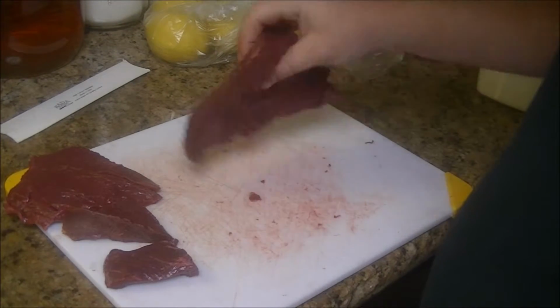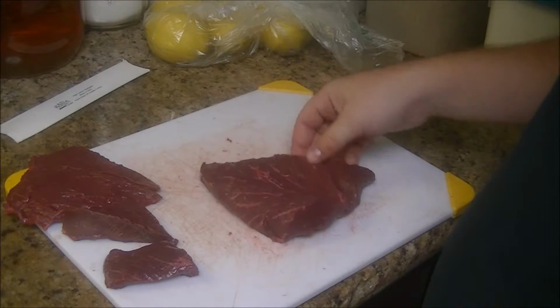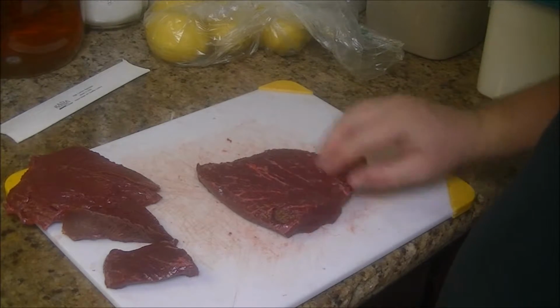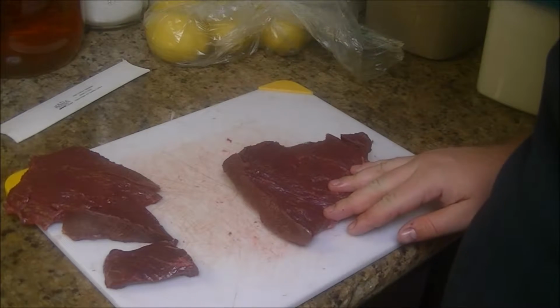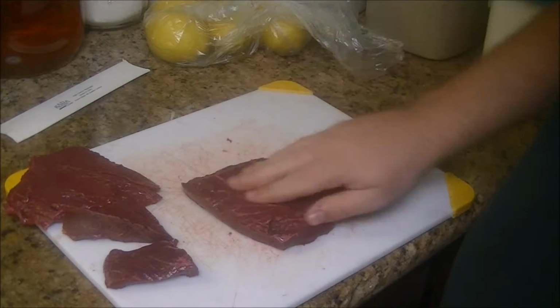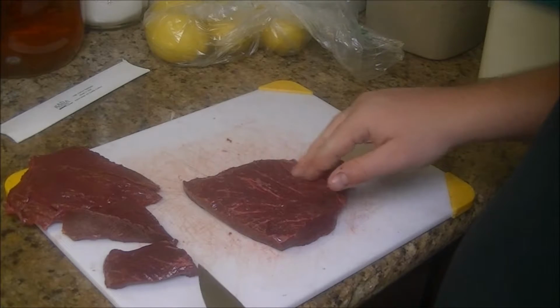So yeah, now I'm going to cut it into strips. A lot of people go with the grain, which is a little tricky to tell on this. Okay, it's going this way. So a lot of people will go with the grain. I'm going to go against it on this cut,